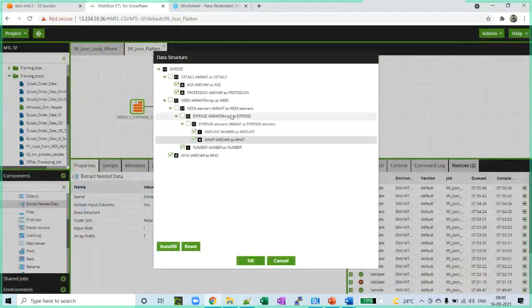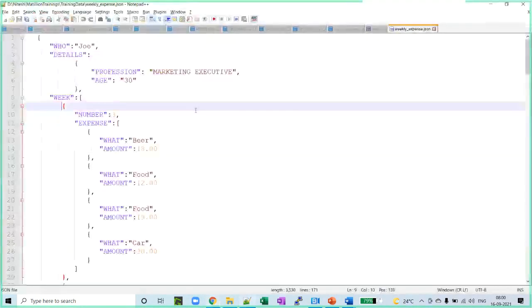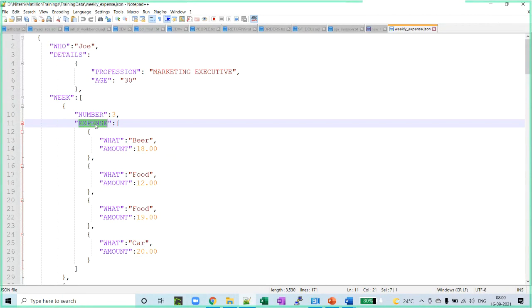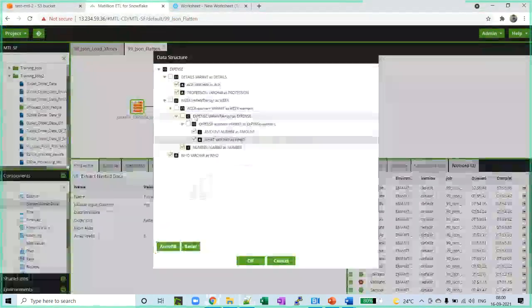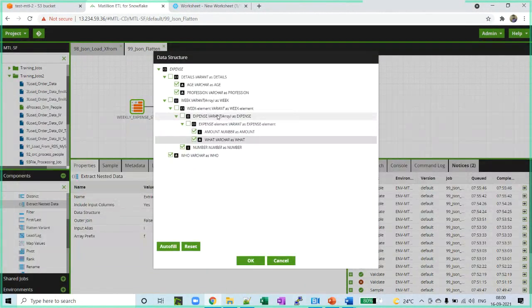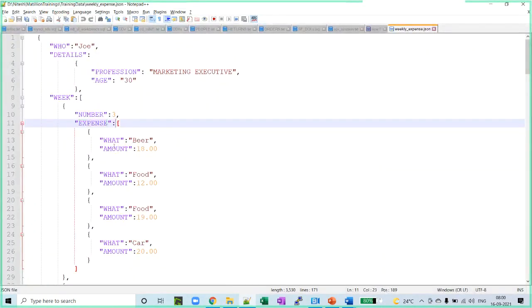So this is what it is saying. Week hyphen element means it is a week's element. Within that week element, what all attributes do I have? I have number and I have expense. So you see this as an expense. So expense again is an array. That's why it's an array within array. So expense again